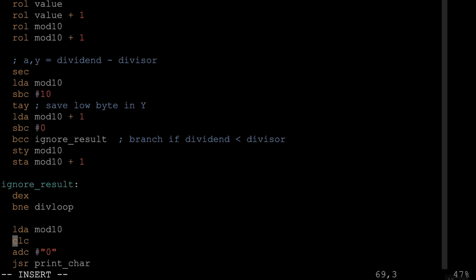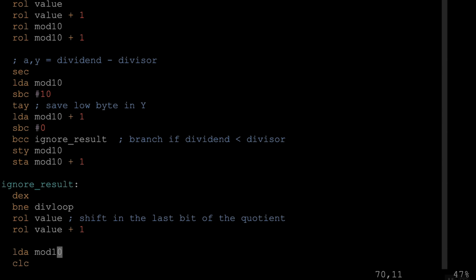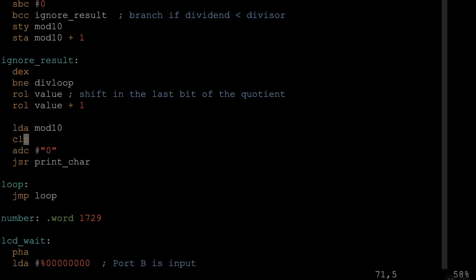So we want to rotate the carry bit in before we clear it here, and also hopefully without mucking up our mod 10. But we should be able to do that, because if we rotate the carry bit into the bottom of value, that's not going to mess with mod 10. And then we need to continue that rotation into the top half of value. But if we stop there, then we won't actually rotate anything extra into mod 10. So mod 10 will still have our answer, and then we can clear the carry bit and we can do our add to convert that to an ASCII character from 0 to 9 and print everything,